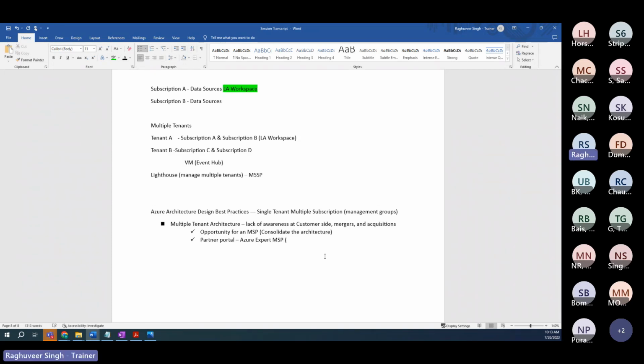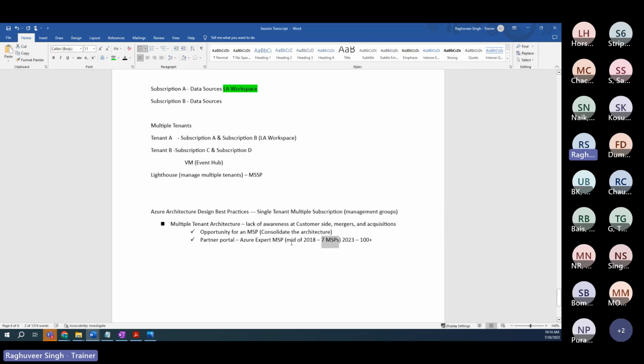Okay. Yep. Mid of 2018, there were only 7 MSPs in the world. Now, at present in 2023, there are 100 plus across the world. Only 7 MSPs were there in 2018. So Azure came up with this Azure Expert MSP badge, which contains some requirements for an MSP to be certified as Azure Expert MSP. So only 7 companies, 7 ISVs, had this badge, and I was lucky to be part